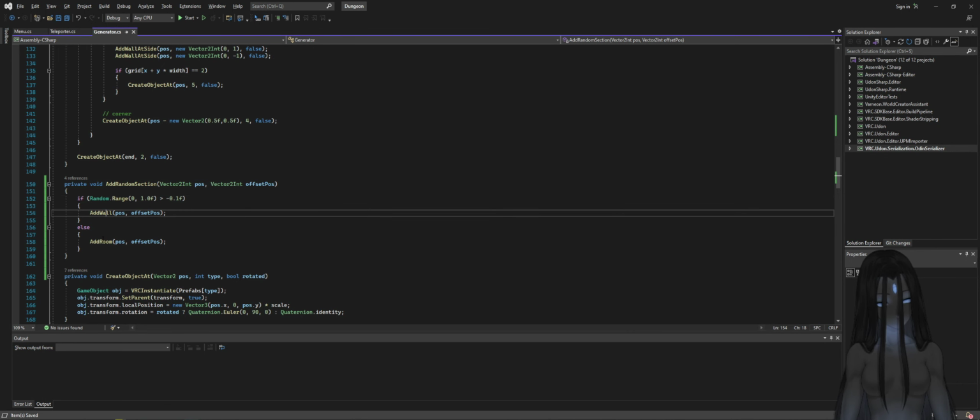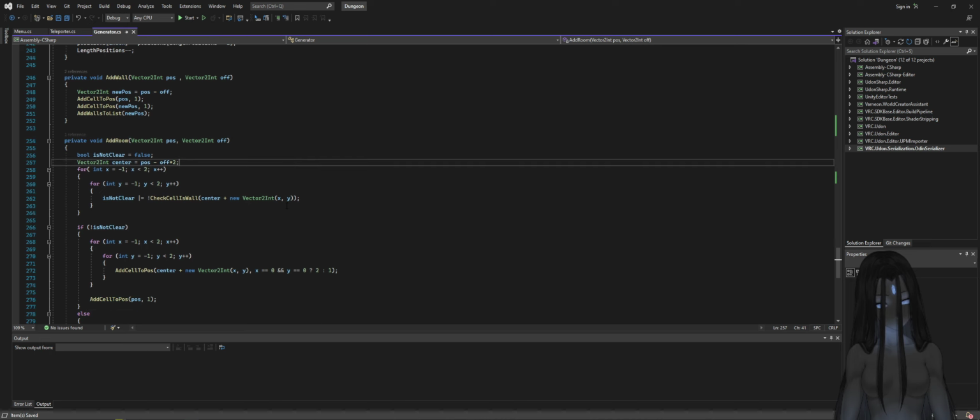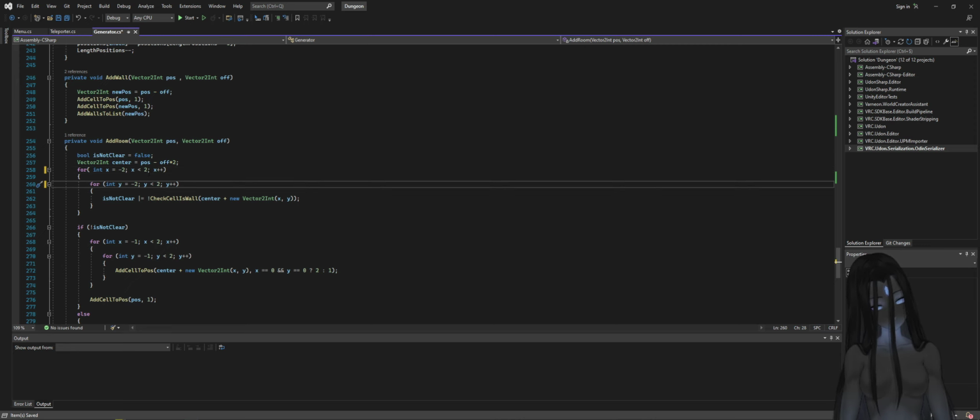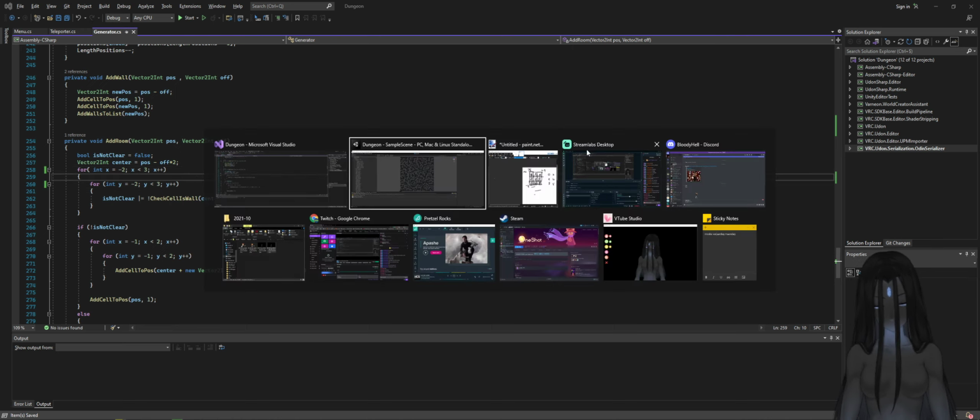Now for adding the room. I want this to be 2. It's also to be 2. This to be 3. It's also to be 3. Because I don't think the... So if we're generating it,